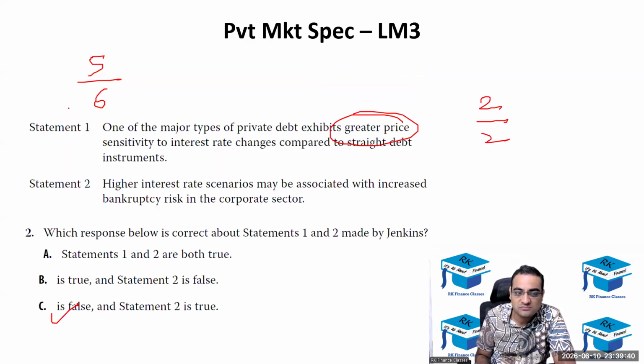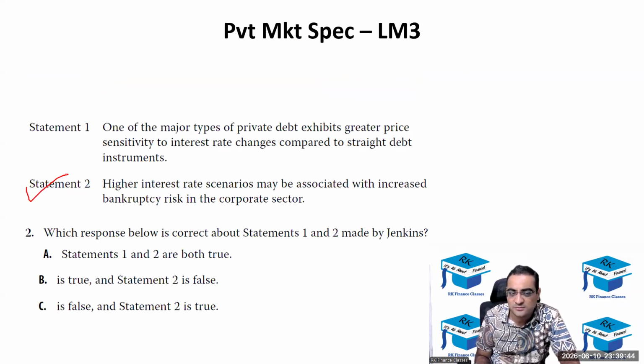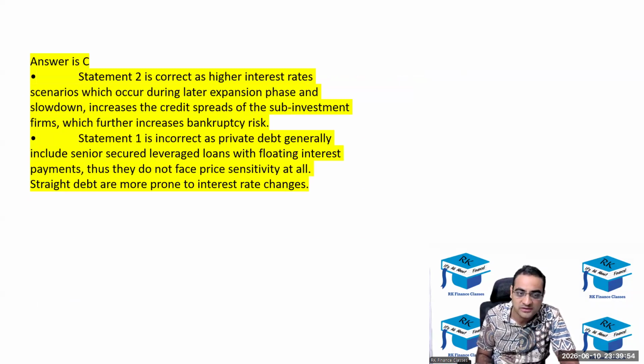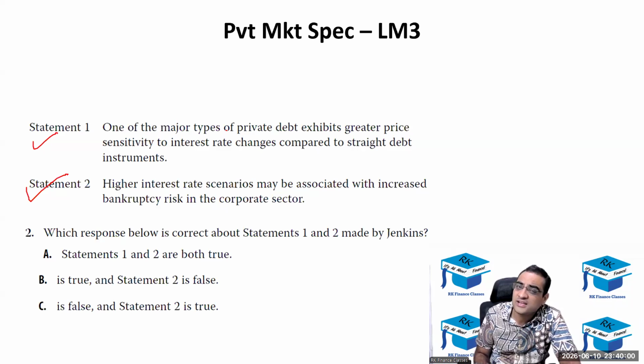Okay, so second statement मेरे ख्याल से was easy, although ऋषिकेश ने थोड़ा सा उसमें mistake किया. First statement was actually थोड़ा सा thought provoking था कि कैसे करना है, which he gave properly. He came out with a good logic. It was not easy to come out with this logic or the logic which I gave कि they could be callable or puttable. मेरा वो लगता है illiquid वाला logic नहीं work करेगा कि अगर private debt is illiquid and hence its price won't change much. That is more of illiquidity rather than price actually not changing.